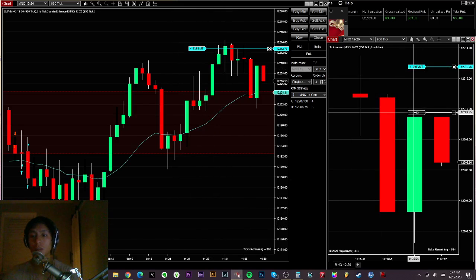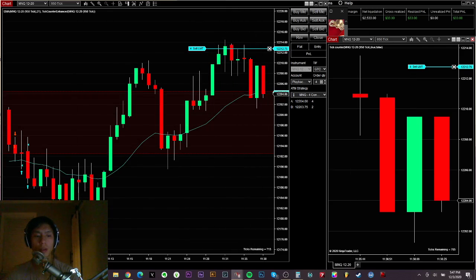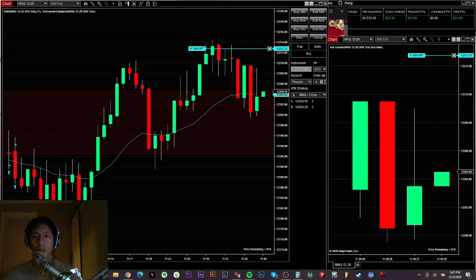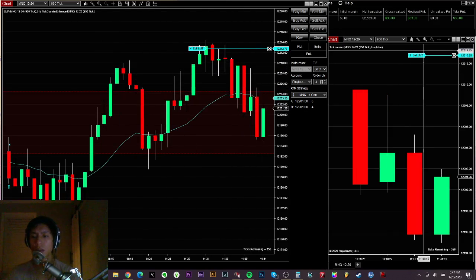Actually, this is an obvious entry, but we do have these highs here, so that's why I'm a little hesitant. Never triggers. This is still your signal bar. Still never triggered. Alright, it's not really a second entry, but